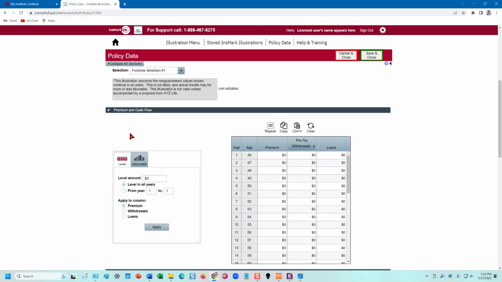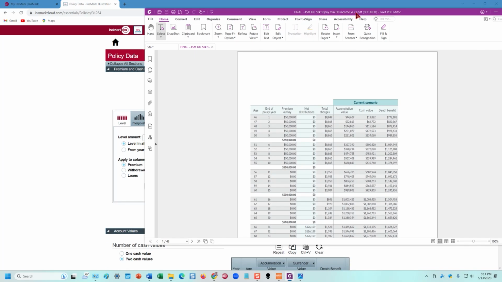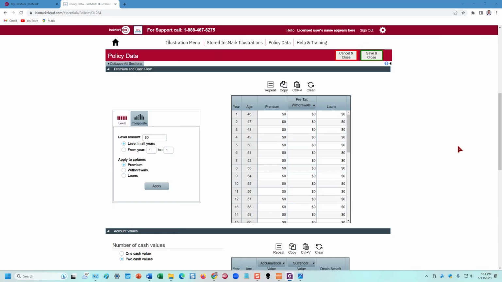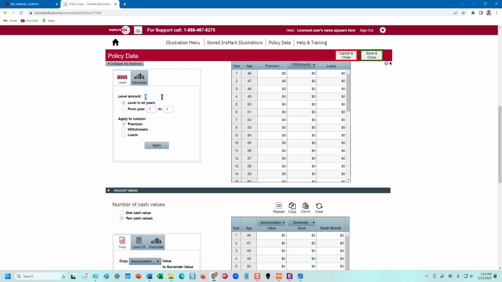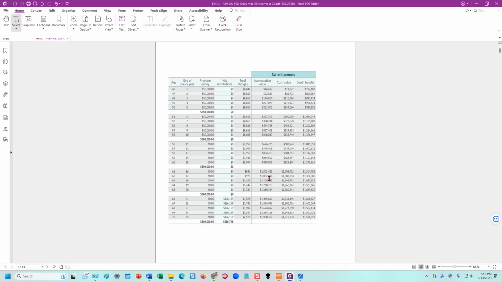Once we get down here, it's asking for premiums, withdrawals and loans. I'll show you my carrier illustration. This is my ledger, and you can see that I've entered a premium of $50,000 a year for 10 years, so it's a 10 pay. I'll show you how to do that. I'm going to put in $50,000 from years 1 through 10, and then click Apply, and you'll see it automatically enters those in. This particular run also had loans of